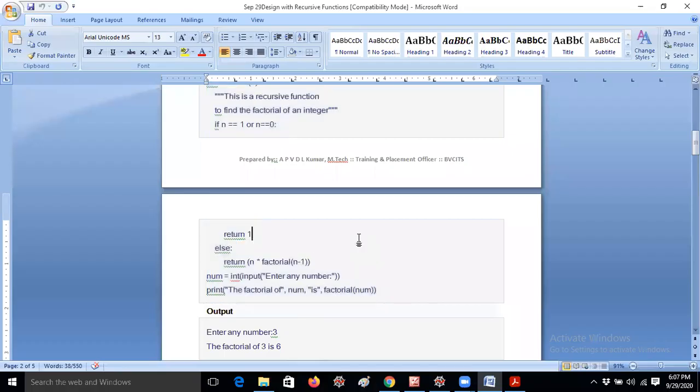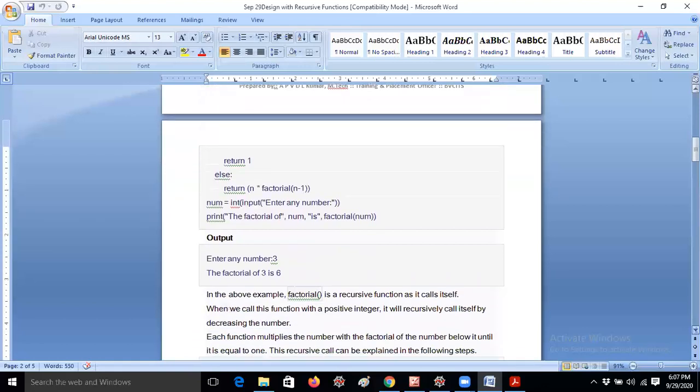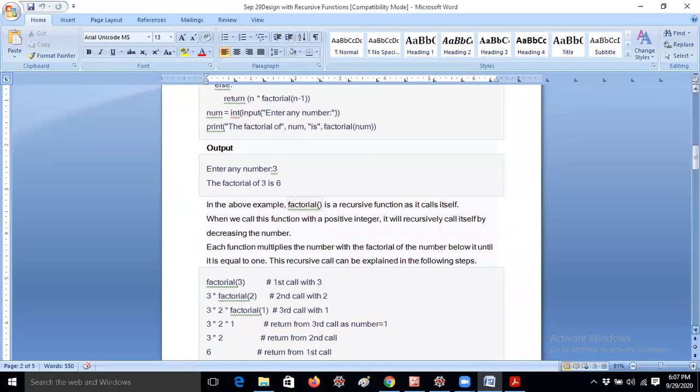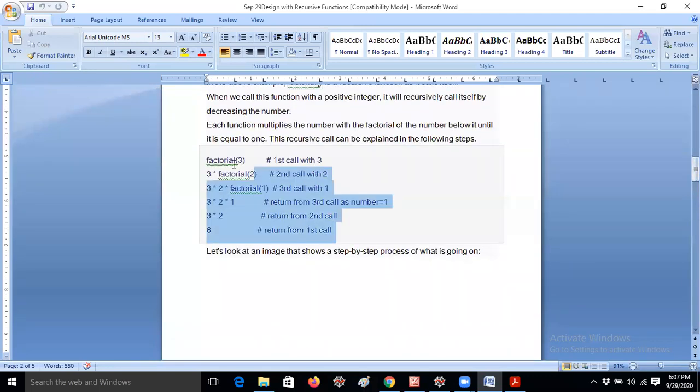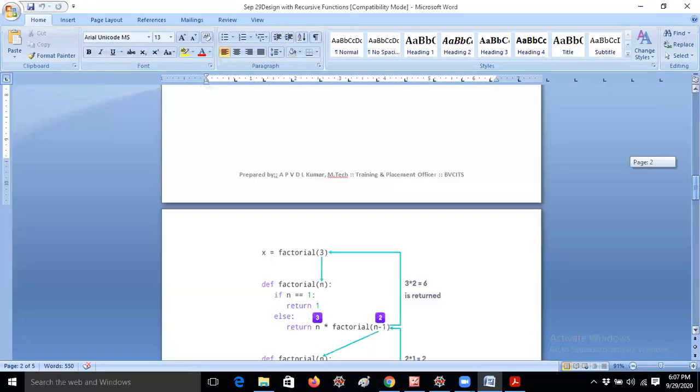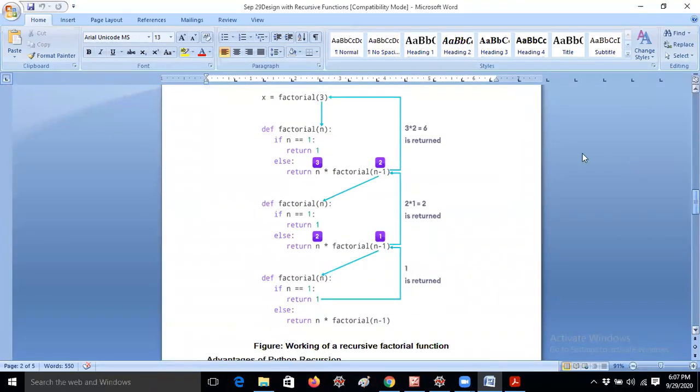Before going to that, I would like to explain a few concepts about recursion. Anyway, this question is enough, guys, but I will tell in detail. That's the reason I would like to cover more topics. I have already given an explanation with respect to the particular example: factorial of 3 is 3 into factorial of 2, 3 into 2 into factorial of 1. It will execute like this. Then I have given a clear-cut example here.